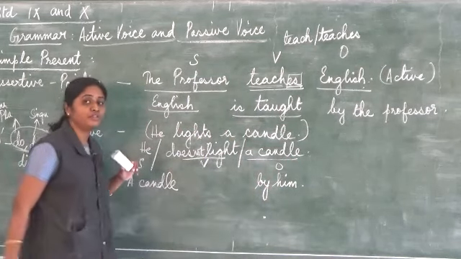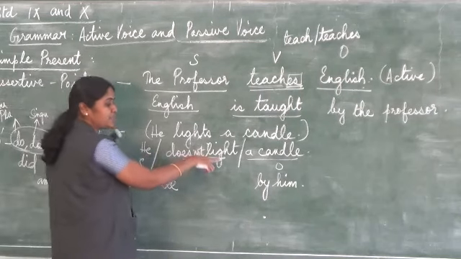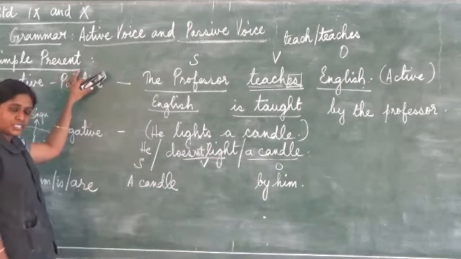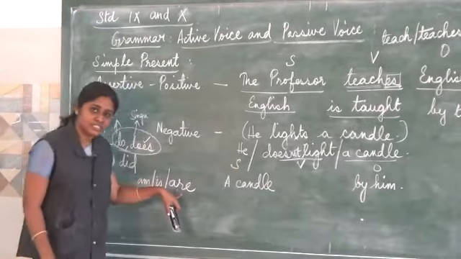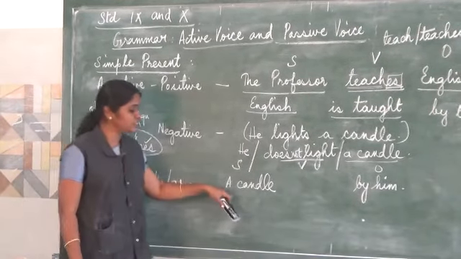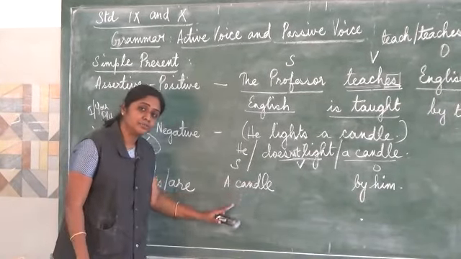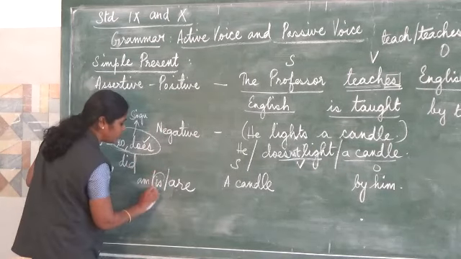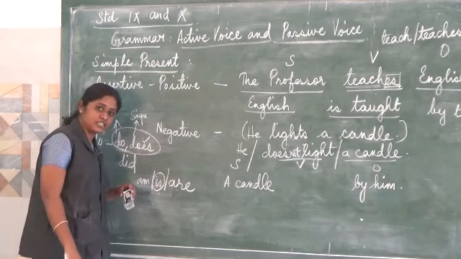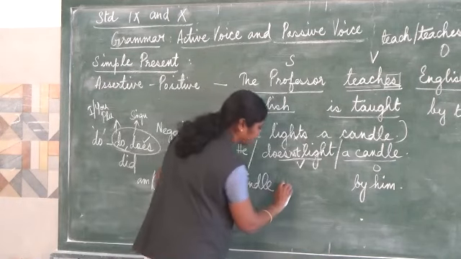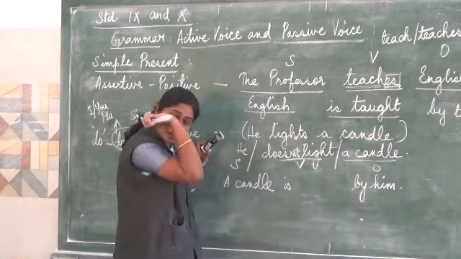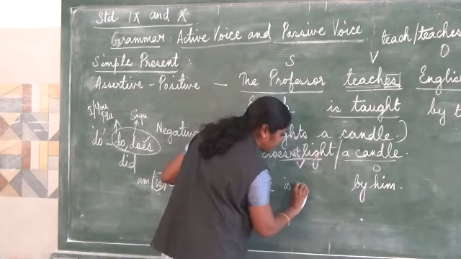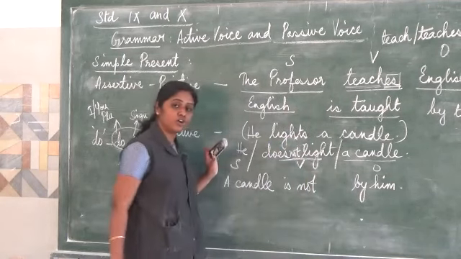Now this verb, how will you change? See, this does plus light, it shows that it is simple present tense. Again, on any one of these three only you have to use, I told, no? So what is the subject here? Again the subject here is also singular. So for singular, what is the auxiliary verb? This is the auxiliary verb. A candle is, this not negative word, you bring it as it is. Is not